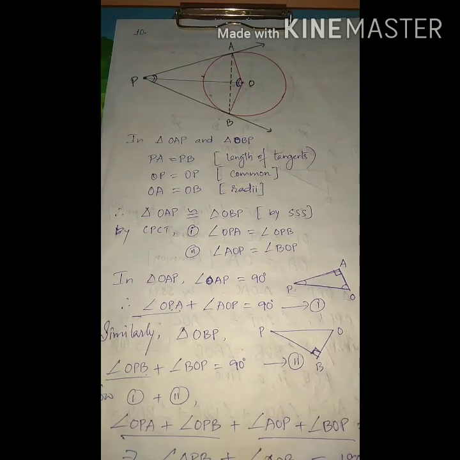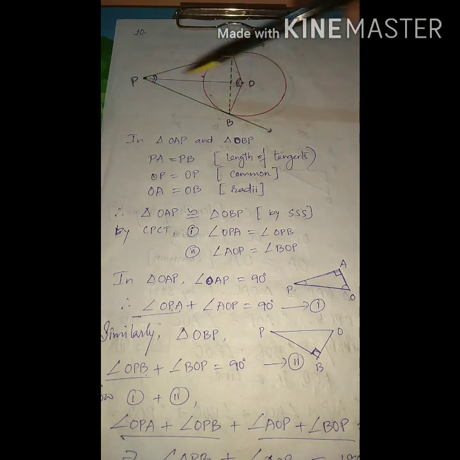Okay students, after completing 9, the next question is given here. Prove that the angle between two tangents drawn from an external point to a circle is supplementary. First of all, supplementary means what? The sum of two angles is 180 degree. And which two angles we have to add? So here mainly in question number 10, the angles are